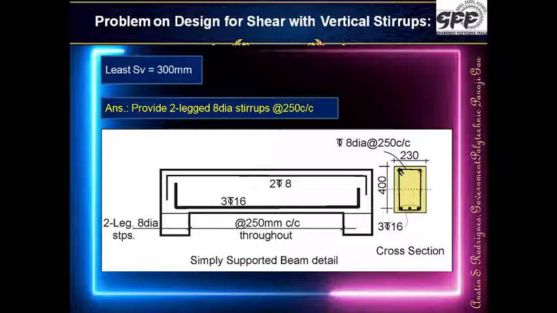So we have designed a beam for shear when the inherent capacity of the beam, tau c, is greater than tau v. Even when tau c is greater than tau v, that is, the inherent capacity of the beam is more than the shear stress coming on the beam, we have to provide minimum shear reinforcement, and for that we have to take care of the maximum spacing. So that's the type of problem.